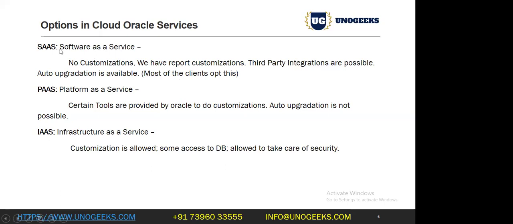Okay, is it clear? Yeah, please go ahead. As per your experience, most of the clients are using SaaS only, correct? Out of 100, 80% are using SaaS only, correct? Yes, you are correct. If the business is huge, SaaS is not going to fulfill all the requirements. For that reason, because they are in a situation to invest, in that case they are going to go for PaaS.